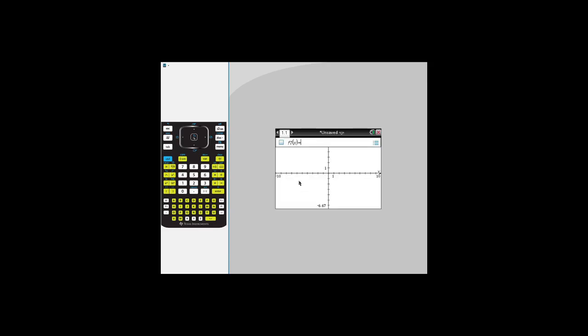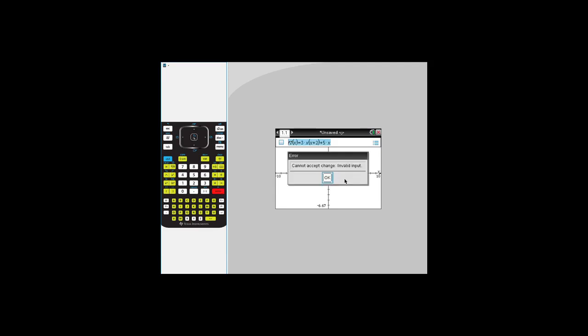We got our graph going. We have our entry bar for our function. It might be on top, it might be on the bottom in your calculator. We're going to carry on with the same expressions we've been using. So that was 3 times x, and then open parentheses, x plus 2, close parentheses, and that's all plus 5 times x. So that's our first expression. We hit enter,